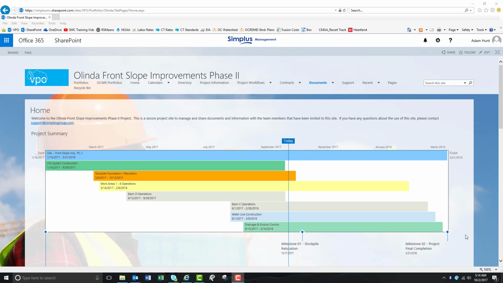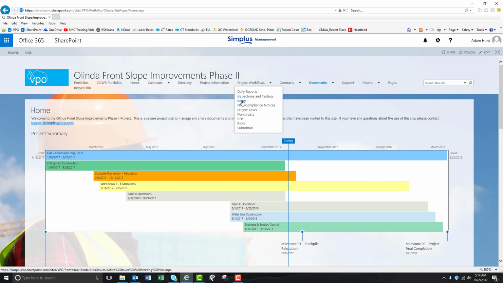The focus of this video will be the issues module, where you can find it, how you can use it, and how you can add new items to it. The issues module is located under the project workflows and is used mainly for our weekly business, whether it's old business or new business, and can be updated at least once a week